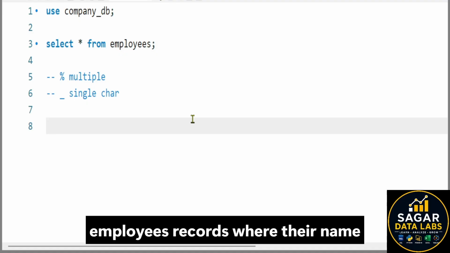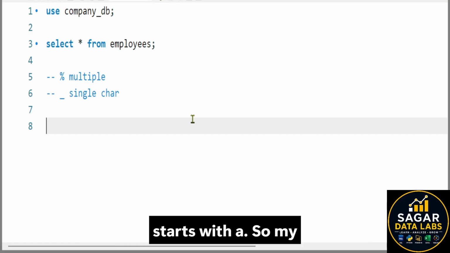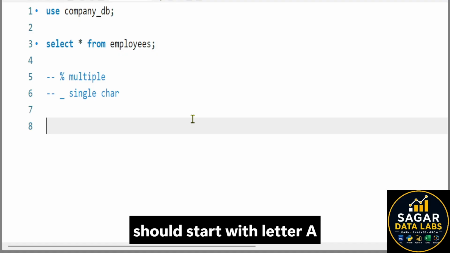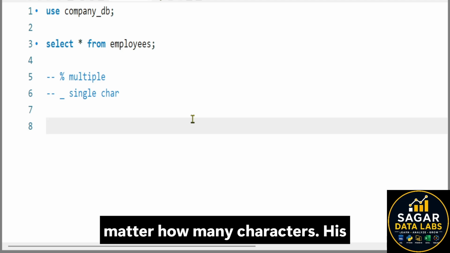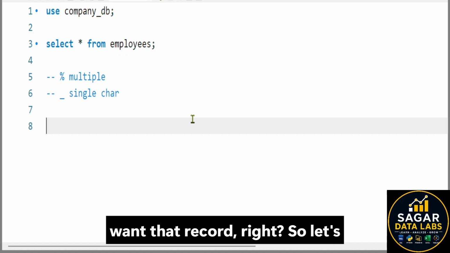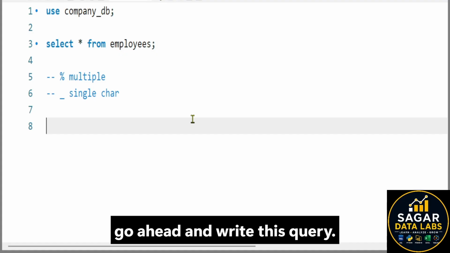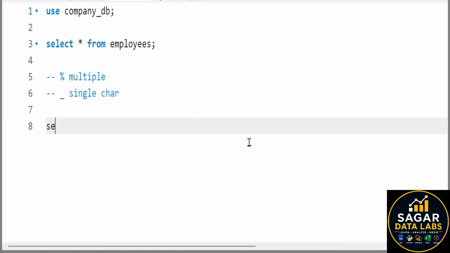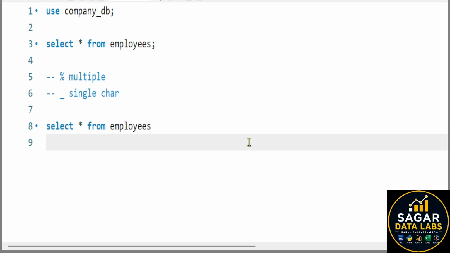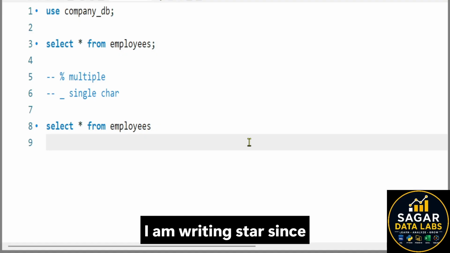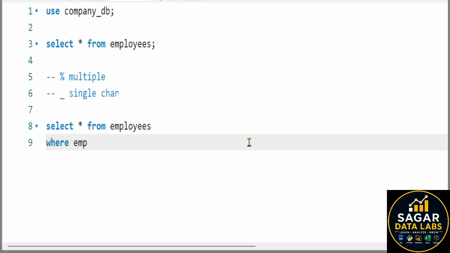Suppose I want the employee records where their name starts with A. So my pattern here is that the name should start with the letter A, and after that it doesn't matter how many characters his or her name contains, I still want that record, right? So let's go ahead and write this query. I am writing star since I want all the columns. Now WHERE emp_name LIKE